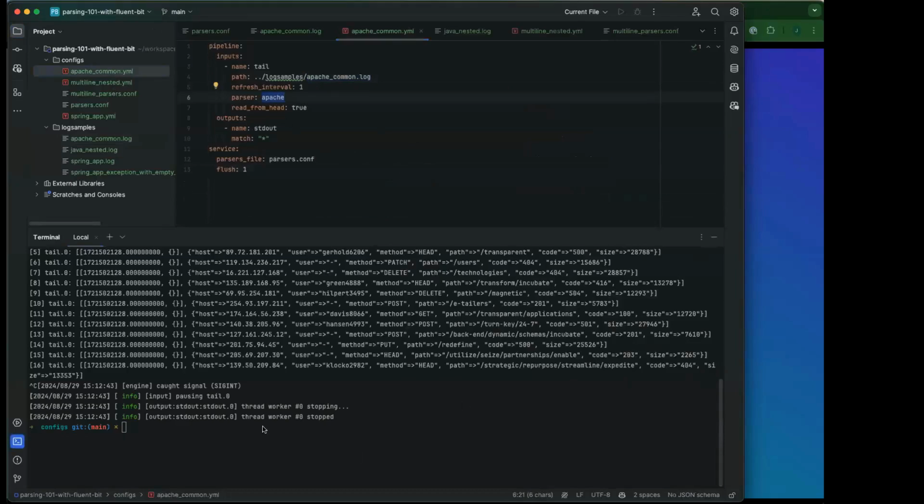Okay, but what if my application, my Apache server, is now running in a CRI container? You know that CRI will have another format, right? So it will prefix every log record with,